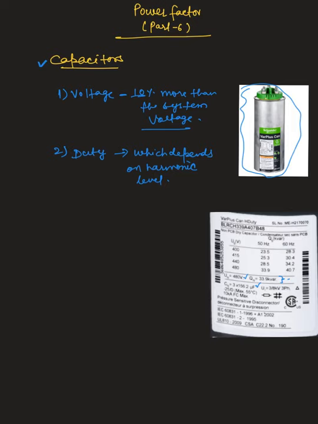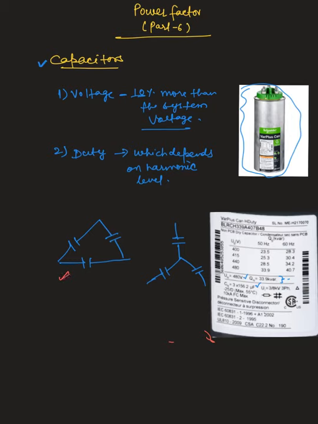Now we'll be seeing the connection of the capacitor. Majorly, the capacitor will be connected either in a delta connection or a Y connection. In the LV, we mainly use the delta configuration of the capacitor connection, and that is because for the same amount of kVAR, the required amount of capacitance in delta is lesser than the required amount